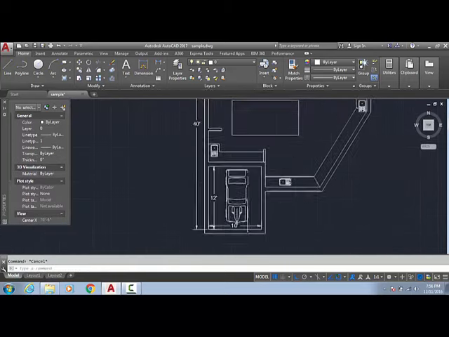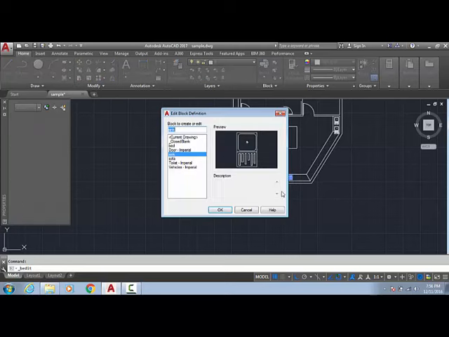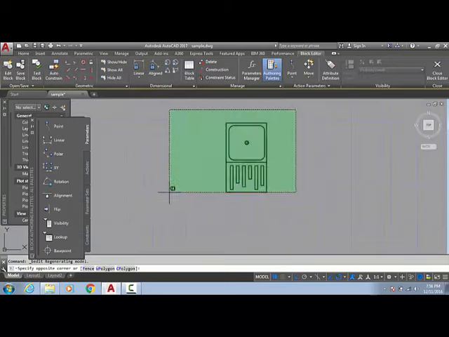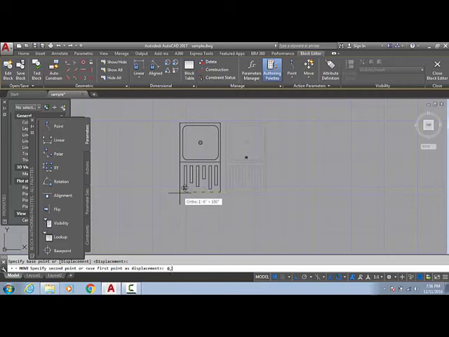So I aligned it already, like you already made the drawings with this block, and you change its base point. Move, sorry, base point, and move to 0,0, enter.